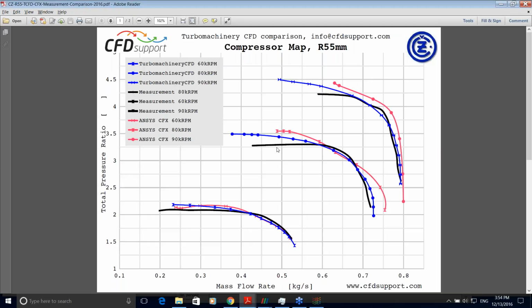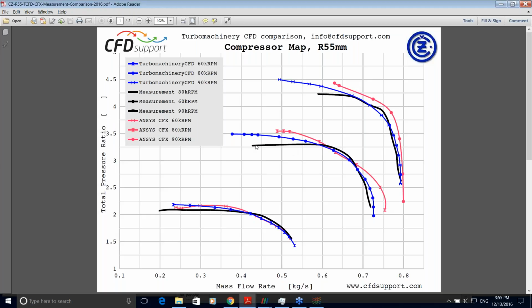We compared real measurements on this compressor with an impeller of, let's say, 11 centimeters in diameter. Here in this graph, you can see the total pressure ratio with respect to the mass